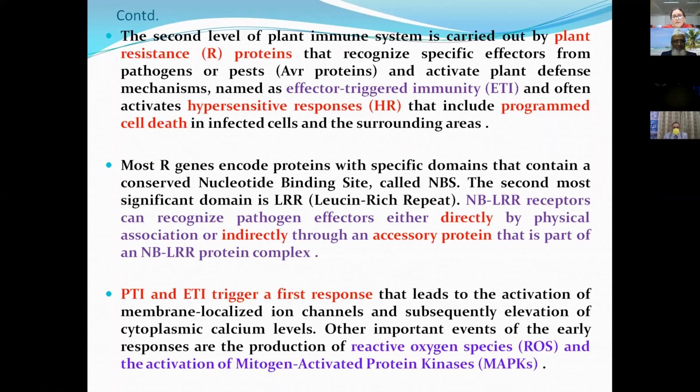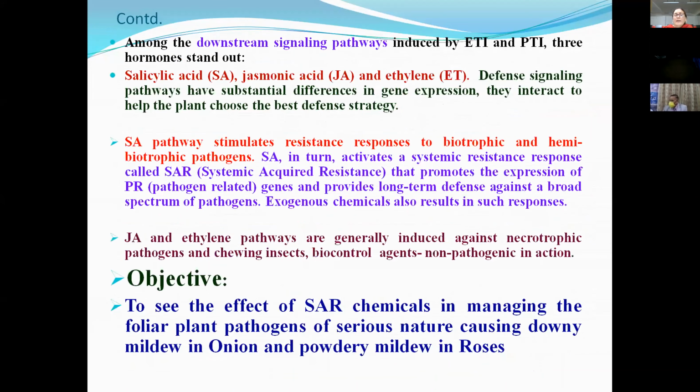Most of the R genes code for specific domains, and thereafter we have seen some activations in the membrane and cell wall system, and different ion channels get activated, including the elevation of the cytoplasmic calcium level. Thereafter, ROS chemicals like reactive oxygen species and mitogen activated protein kinases get activated. And similarly, in downstream signaling pathways, we have seen certain hormones, called salicylic acid,